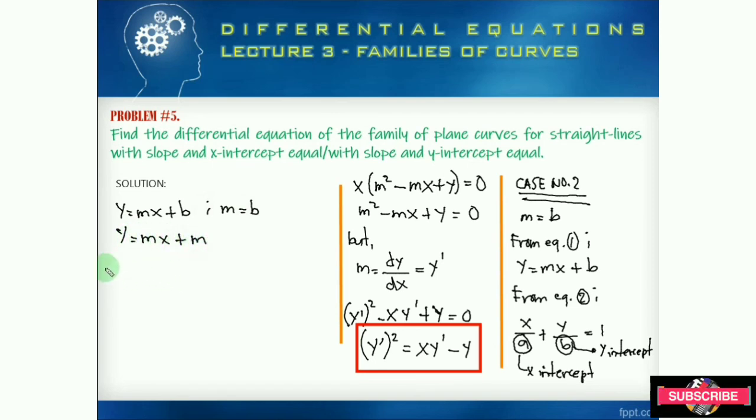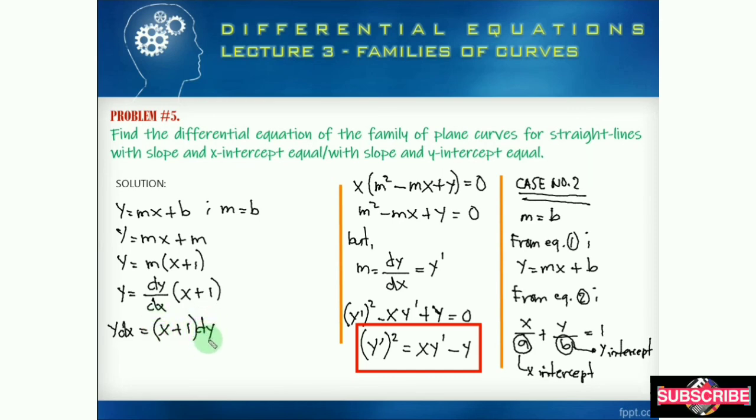Okay, and then we move out the m, y equals to m times x plus 1. Okay, and then since our m is dy over dx, we can actually have dy over dx times this x plus 1. Okay, and then cross multiplying, so y dx is equal now to x plus 1 times your dy. Okay,